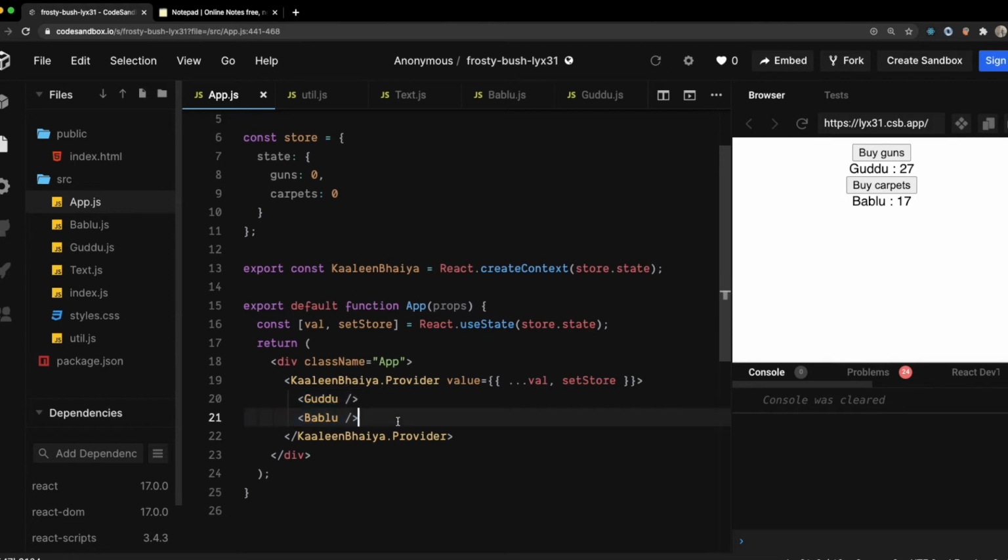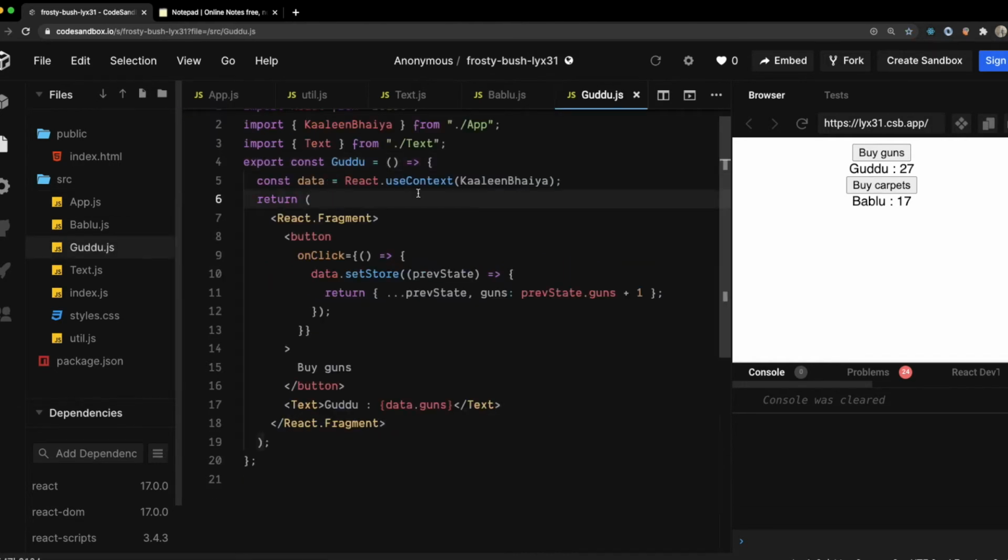First of all, there is a concept of memoization. If you go into this component named Guddu, I know that I want to re-render it only when the guns change.